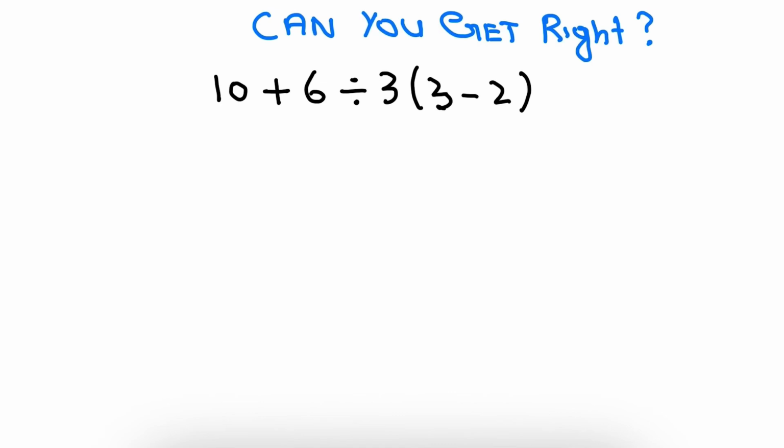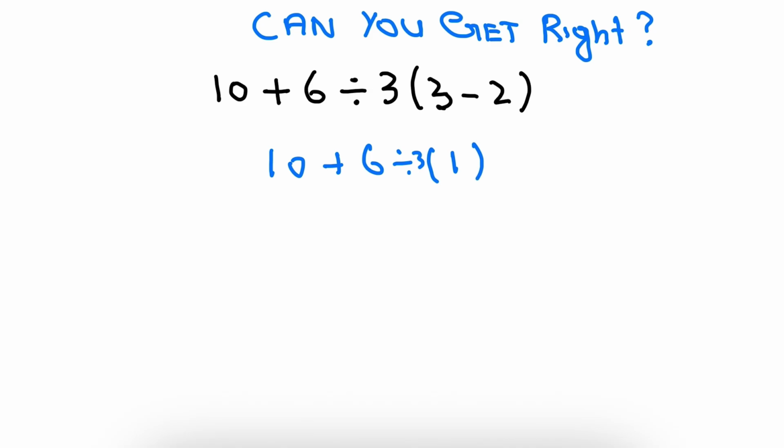Today we are discussing the example 10 + 6 ÷ 3 (3 - 2). So here, first we solve the parenthesis. So first we solve the parenthesis. Okay, so 3 - 2 is 1, and